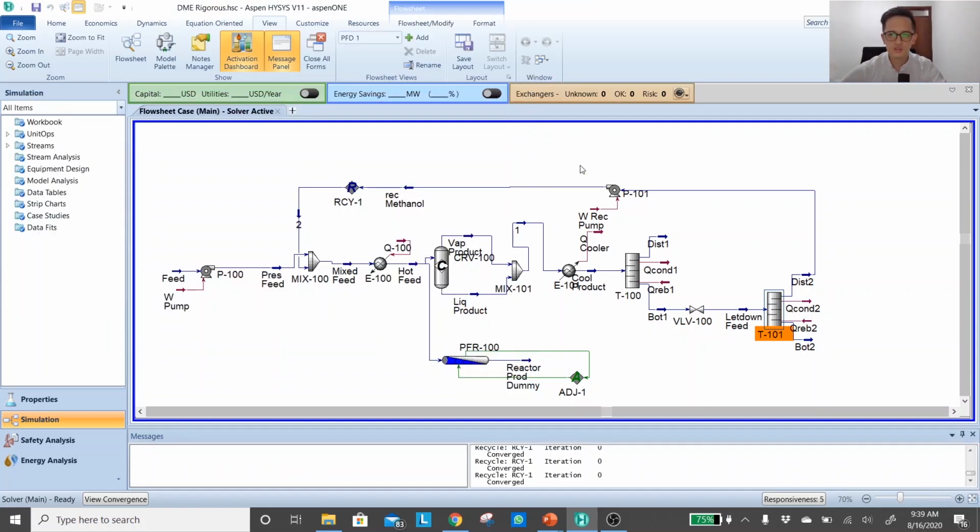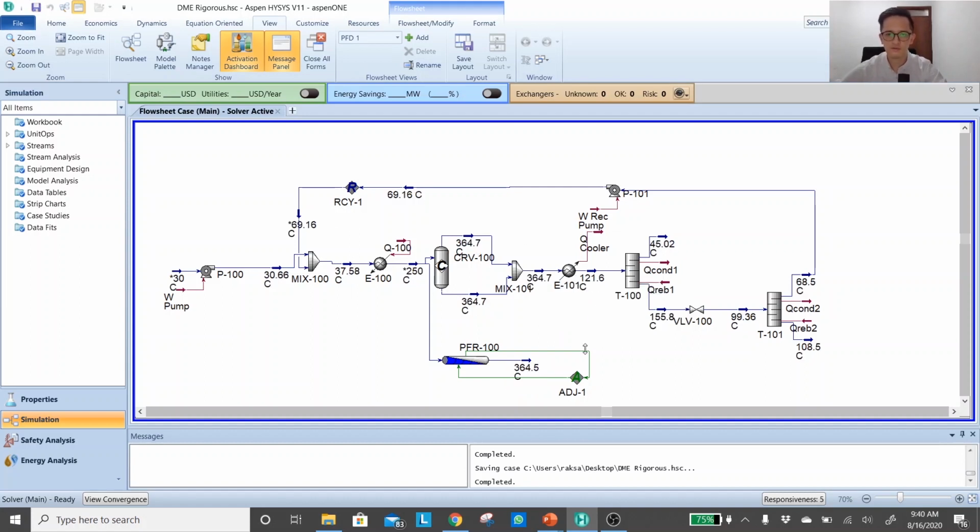Okay, no worries, less than 1 minute we can fix it. So I'll keep it like this for now, just in case. Okay, so it's still connected with the main simplified reactor. Okay, so it's finished. Now I can continue with my next rigorous unit of equipment, which is my distillation.